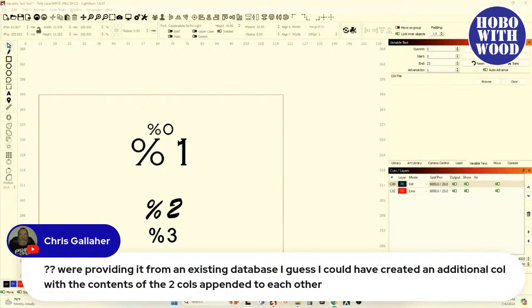We're providing it from an existing database. I guess I would have created an additional column with the contents of the 2 columns appended to each other. And